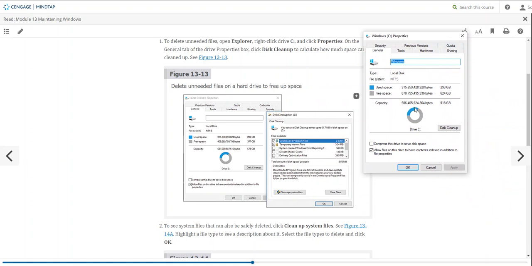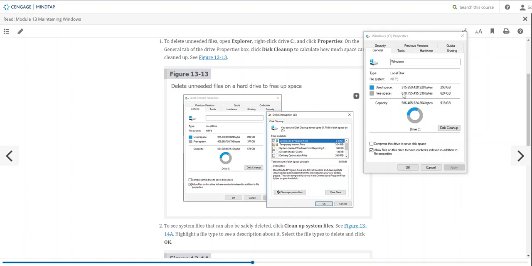I just went into Explorer, File Explorer, that little folder at the bottom of your screen, and I opened it up, and from there I went to C drive, I right clicked on it, and I clicked properties. So here's the properties of my Windows C drive. This is where my OS lives. So I've got a decent sized hard drive here,